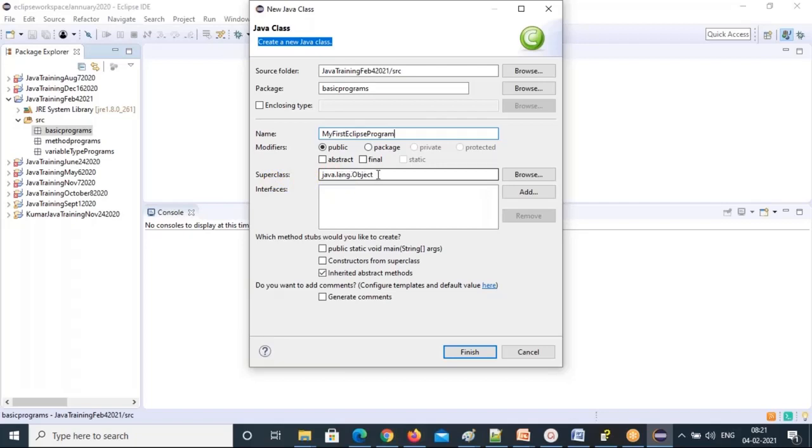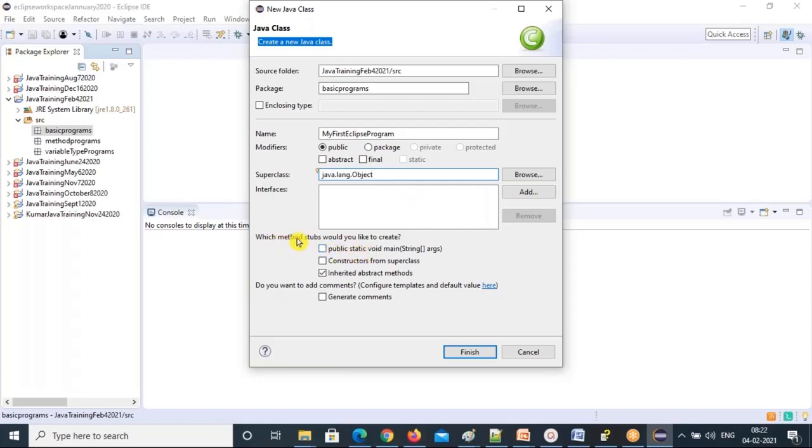Can you see here java.lang.Object? I told you, right? The Object class is also created under this built-in package. The Object class is the root class for all Java classes. The parent class is the Object class. For any class you create, Java has already created many classes, and the parent for all of them is the Object class. That's why you see O capital, the remaining all lowercase. Wherever you are creating or using a class, this rule for class naming conventions is mandatory.